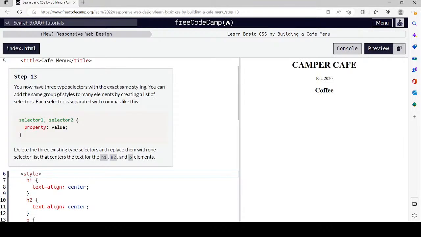You have now 3 type selectors with the exact same styling. You can add the same group of styles to many elements by creating a list of selectors. Each selector is separated with commas like this. Yep, so that was literally what I was just doing, with the commas. Delete the 3 existing type selectors and replace them with one selector list. Yeah, so